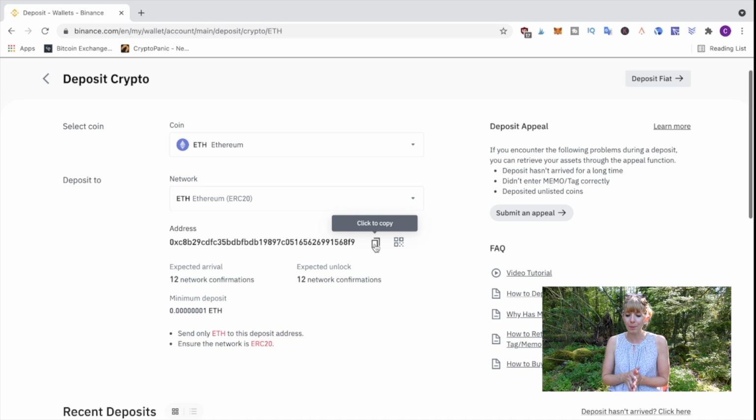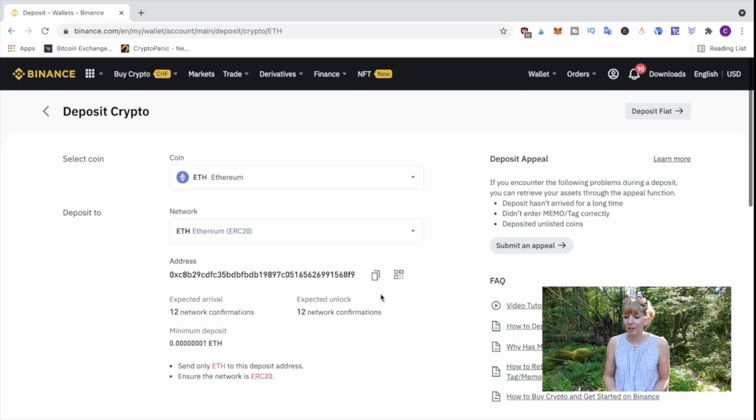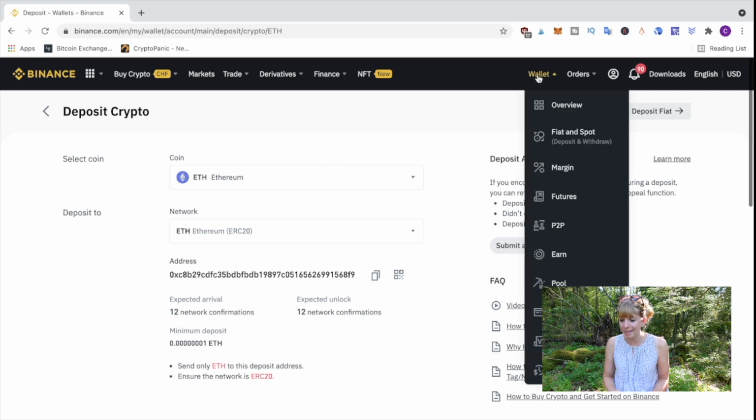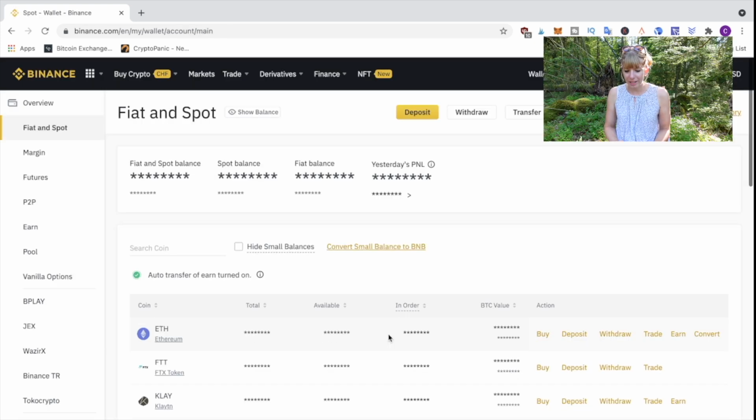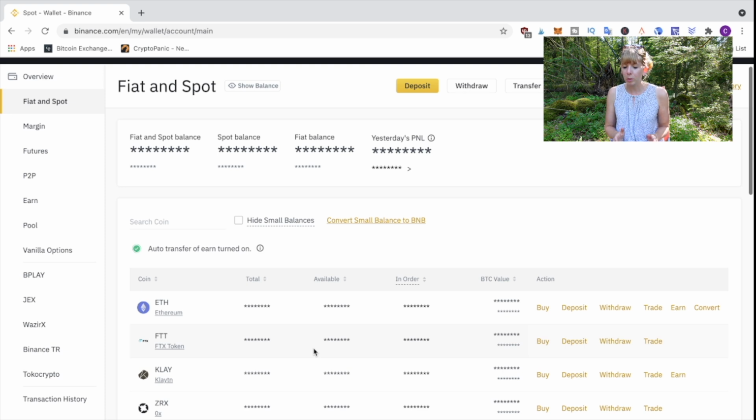then paste that address into that other wallet or exchange that you have your Ethereum on, and then send it over here. Now once that has arrived, you will see it again under wallet and fiat spot, and then it will appear in your Ethereum balance. Now, on the contrary, if you want to withdraw some Ethereum, so if, for instance, you